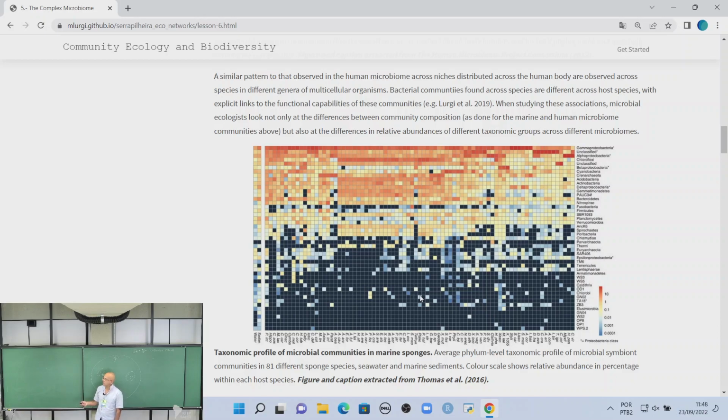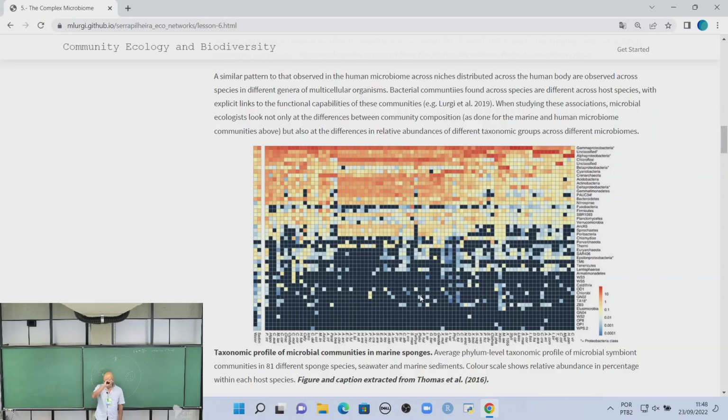So in this picture here, we have on the x-axis the host species, which are marine sponges, and on the y-axis we have bacterial phyla,